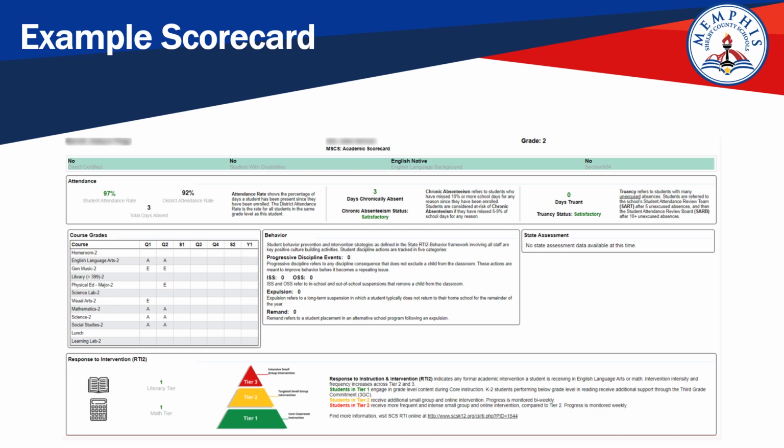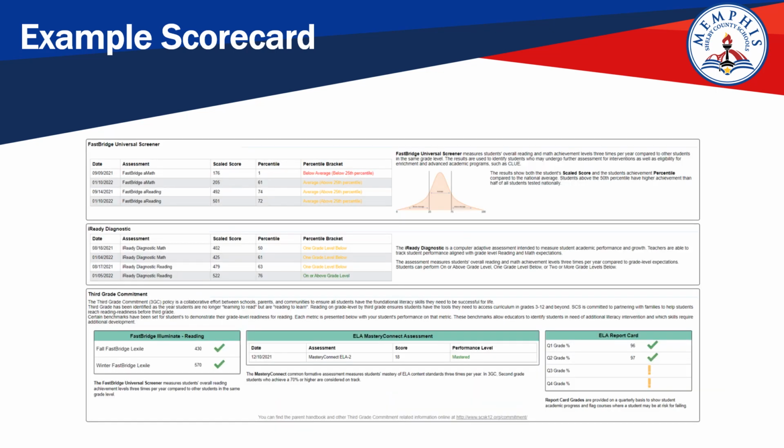Red means your child is not currently on grade level. Yellow means they're approaching grade level, and green means they're on grade level. And this is what's on the first page of the academic scorecard. On the second page of the academic scorecard, you will see all of the information related to each of the